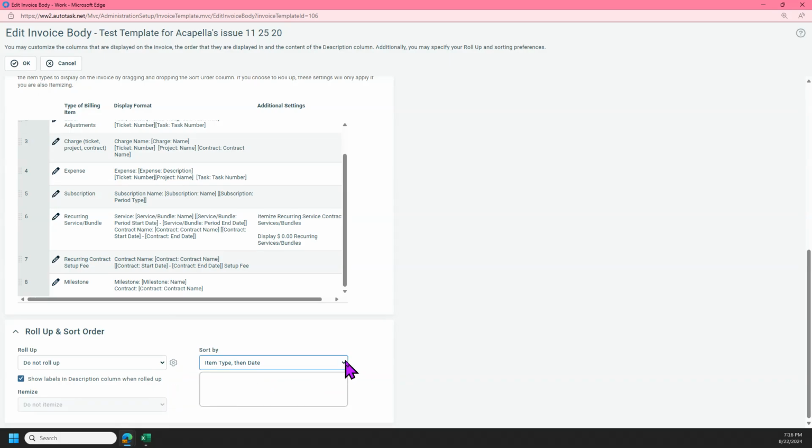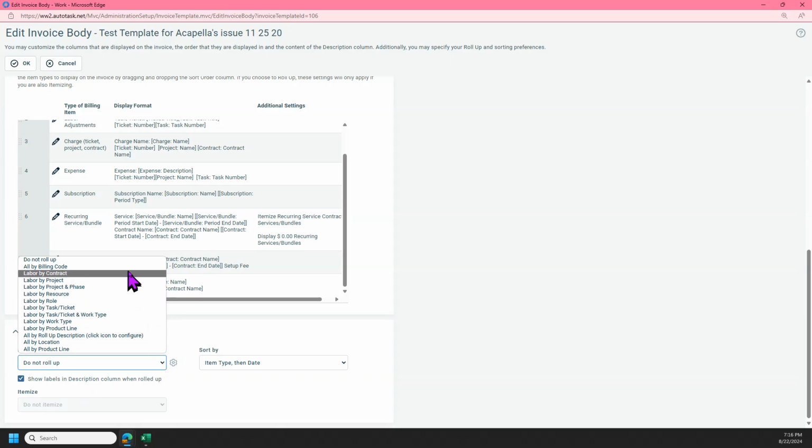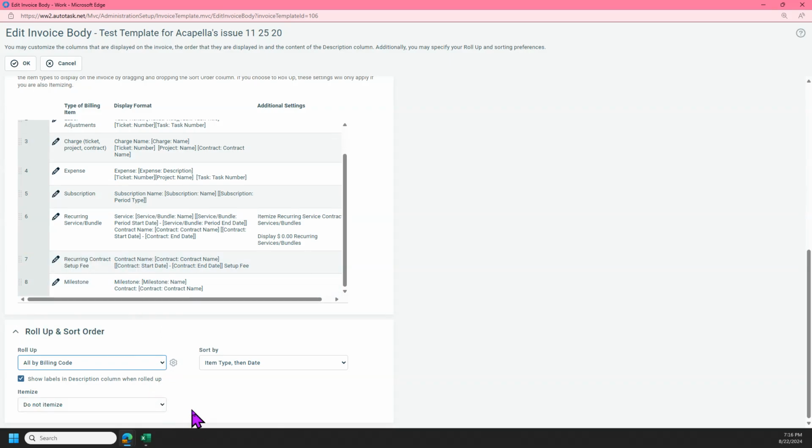sort the list. You could sort it by item type and then date, date and then item type, then item itself. And I think the date they're looking for is approved or posted. But this is where you determine if it's rolled up. Show labels in the description column when rolled up. That's up to you. And then once we get here and we go roll up by billing code, now you